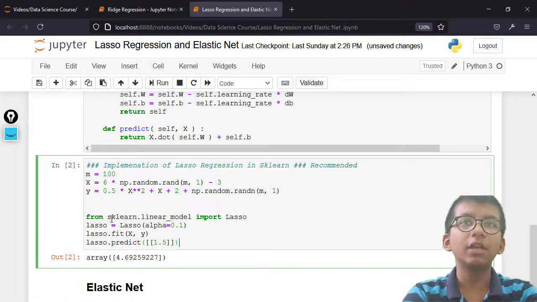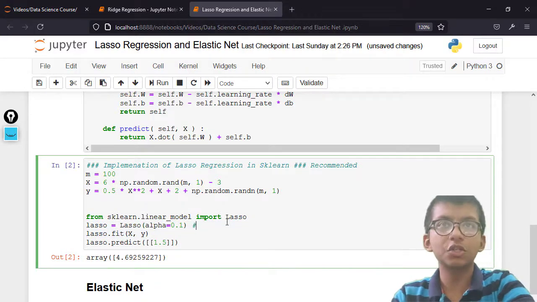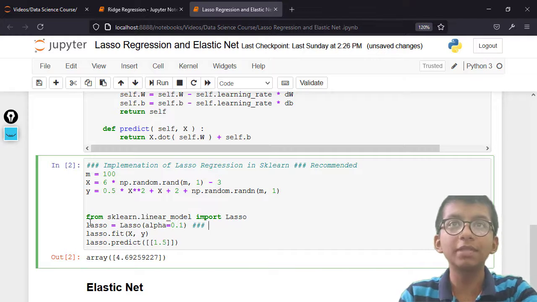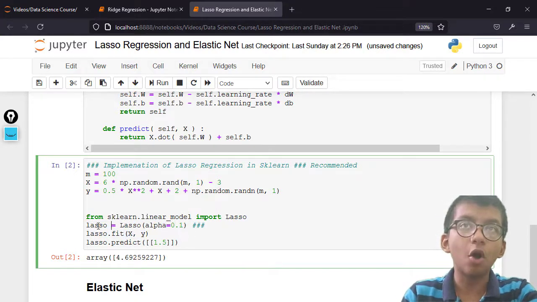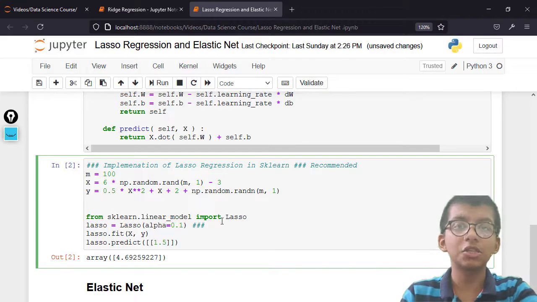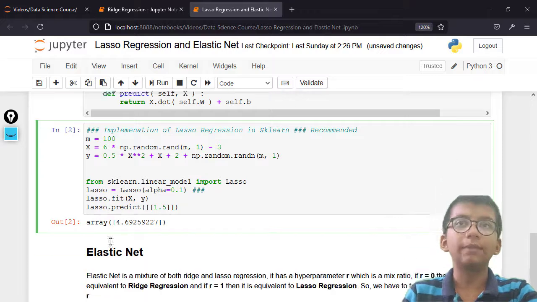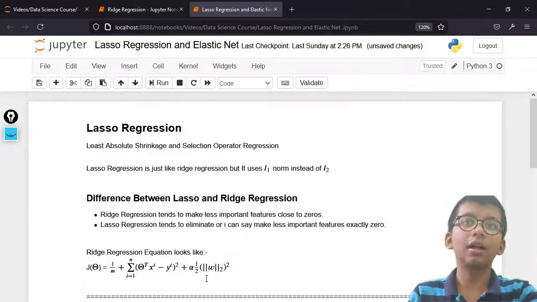And again, what we are doing is instantiating here. If you don't know what that is, we are instantiating so that we can use this object to fit and predict anything. So this is our object, we are instantiating, and then we are fitting and predicting. Okay, so this was it for Lasso regression, and I hope that you got a better intuition about